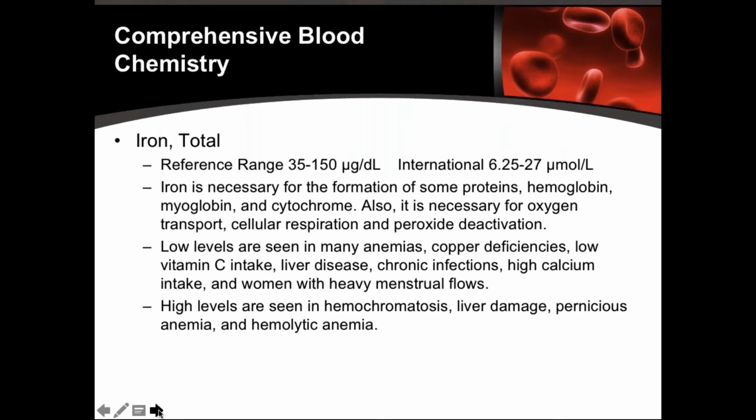Iron, can't get away from iron, right? That's probably, with regard to iron deficiency anemia, one of the most common types of anemia that you're going to see. Excuse me. Remember that with regard to the iron, your normal range is 35 to 150 micrograms per deciliter,